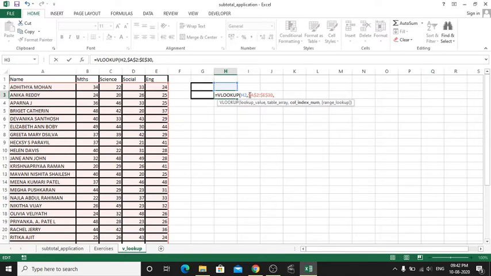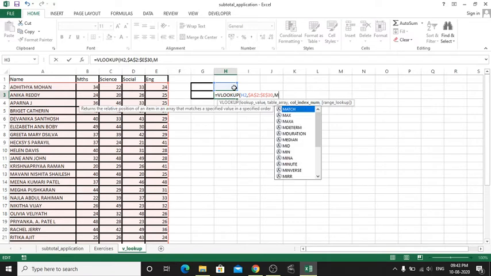Okay, the next is, I want to know a selected subject's mark, right? So it's not specifically for max, or science or social or English. So when I enter max here, I want to know a particular student's max mark. When I enter science subject there, I want to know the science mark of that student. So what I have to do is, here I want to enter another function like match.